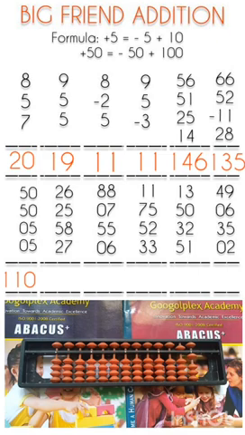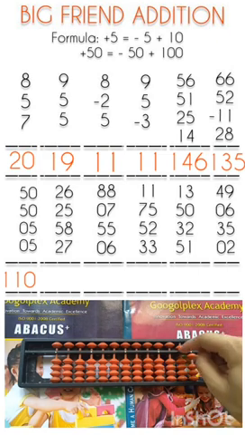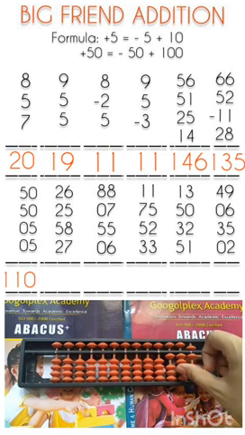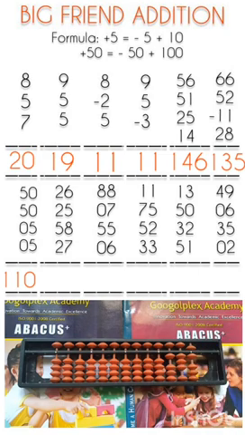Okay. Now next number is 58. Addition of 50 is not possible. Now apply the big friend formula of plus 50. Minus 50 plus 100. Now add 8 as the number was 58. Now we have to add 27. Addition of 20 done. Addition of 7 not possible directly. Apply the formula. It is minus 3 plus 10. This is the formula of plus 7. Now what is the answer? Answer is 136. Yes, 136 is our answer.